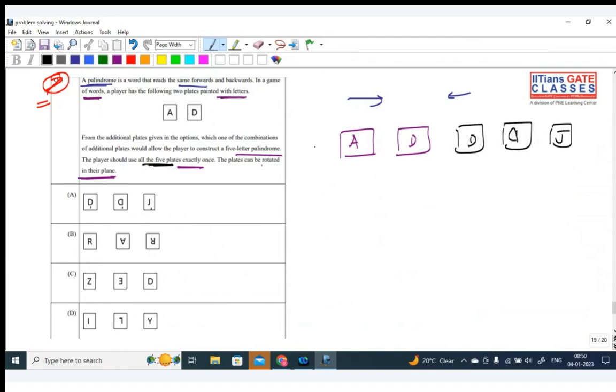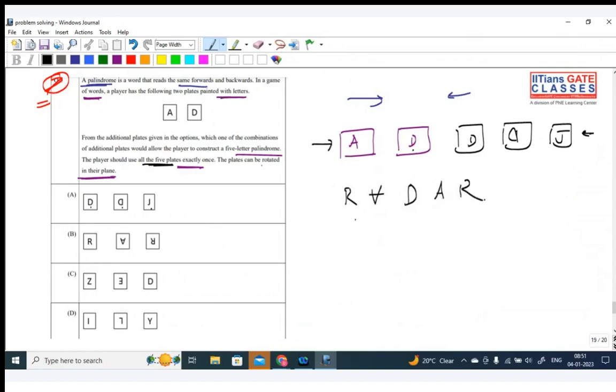If you see from here, A, D, D, D, J. If you see from the other side, it is different, right? So if you take R, A, and you can take D here,